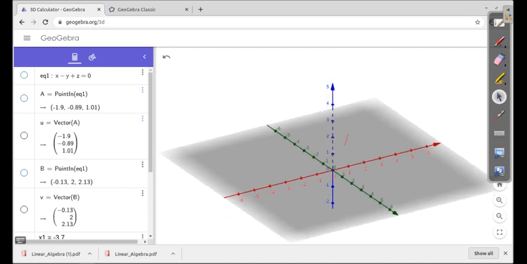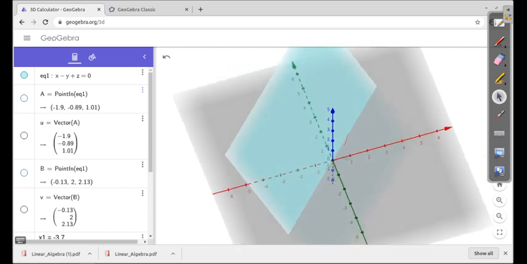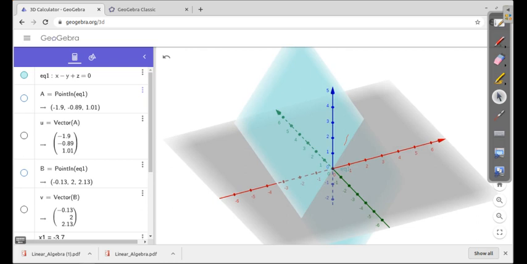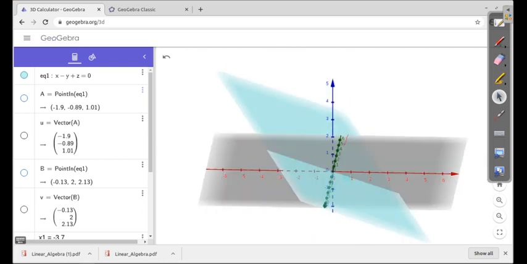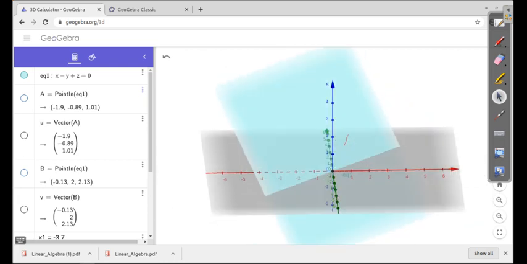Now can you suggest some subspaces for this vector space? A subspace can be a line passing through the origin, which is a must condition, as we discussed in the previous case. Is there any other subspace? One more subspace is a plane passing through the origin. In this light blue color, you have a plane which passes through the origin. This will be a subspace.